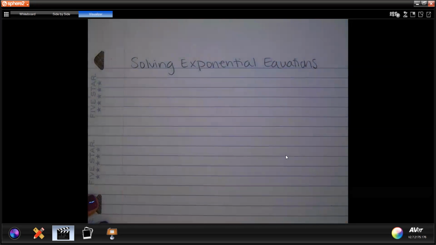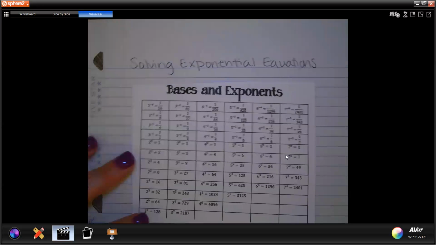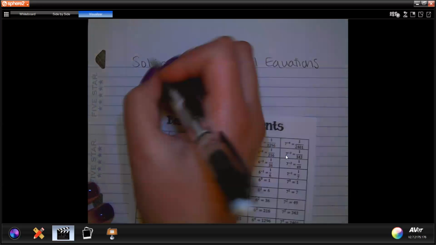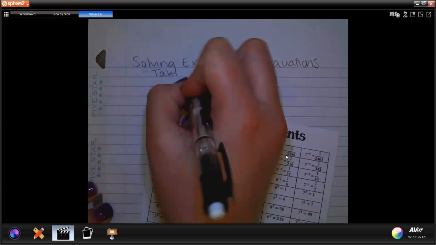So these are our second set of notes because we've done this before. We've solved exponential equations. We used this little handy dandy chart and we were changing bases to do it. Today, we're going to be doing it by taking logs. So I'm just gonna do a couple example problems. Here's the first one. We're gonna have 11 to the V